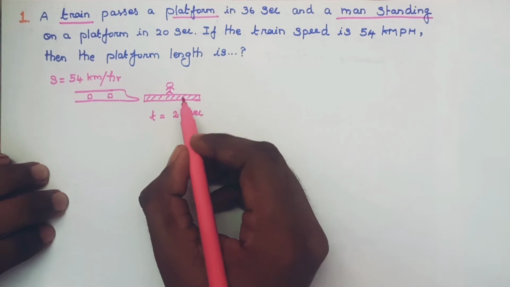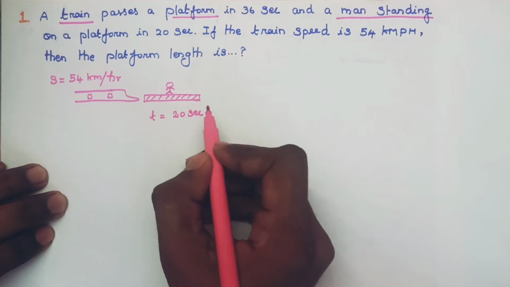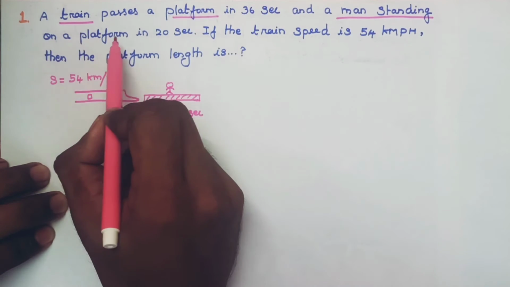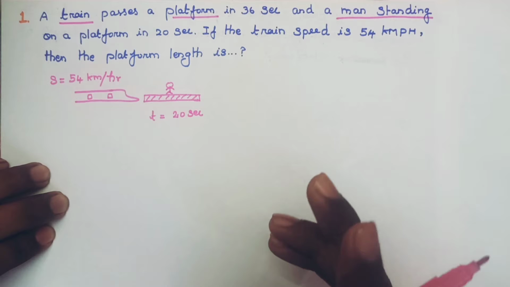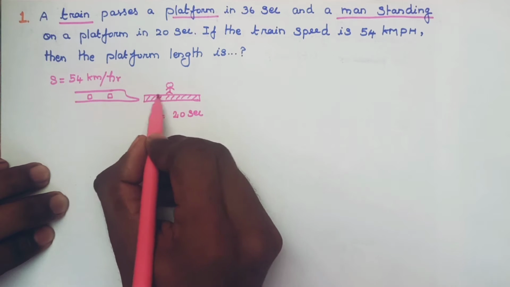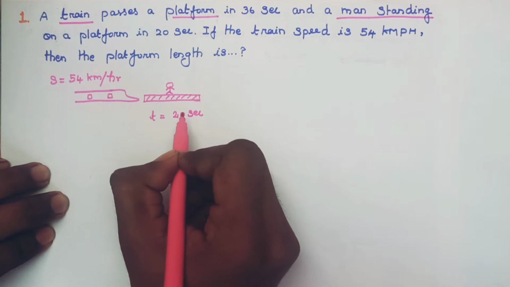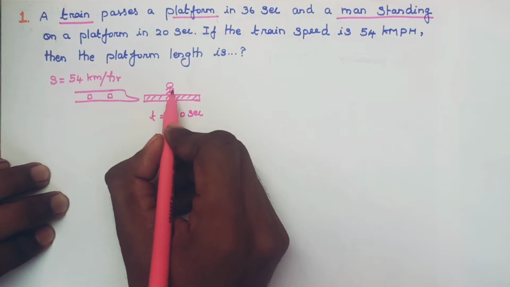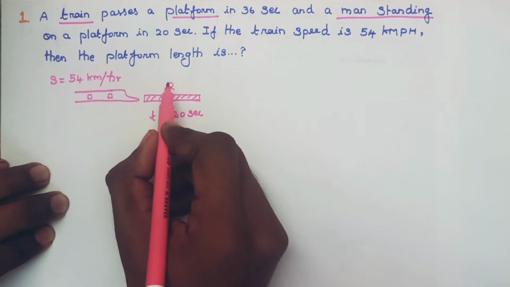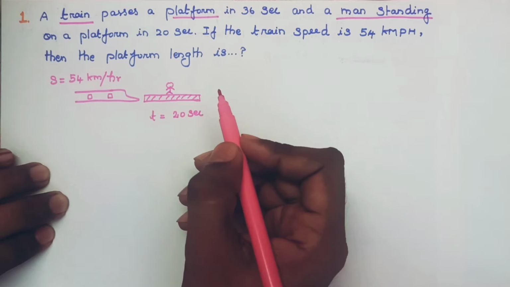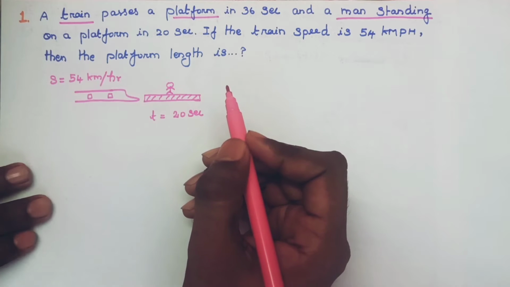And keep in mind, don't be confused with this platform here, because in the question, a train passes a man standing on a platform in 20 seconds. That means the train runs across this man in 20 seconds and not the platform in 20 seconds, right? A man is an ideal one standing on a platform. You have to take the man alone. Just skip the platform here. So platform doesn't matter, and obviously it comes under the point method, right?